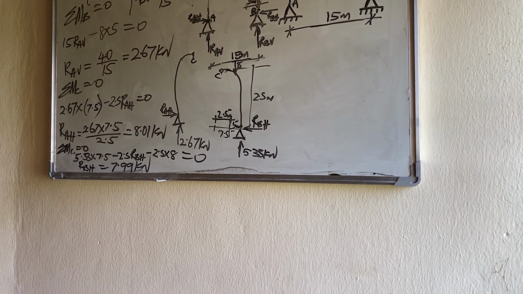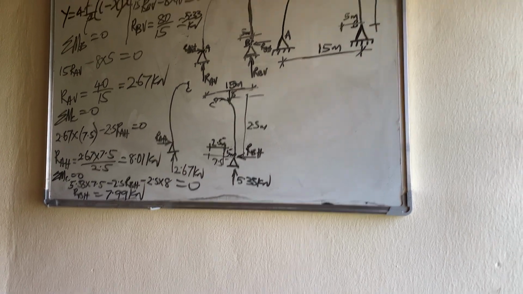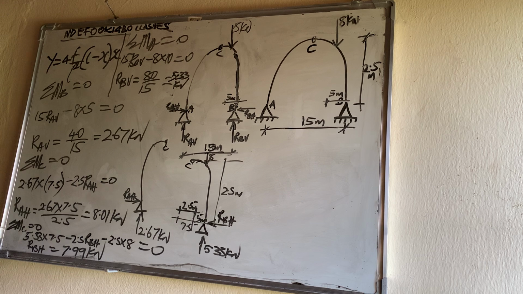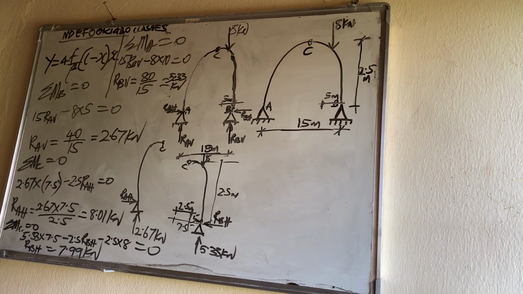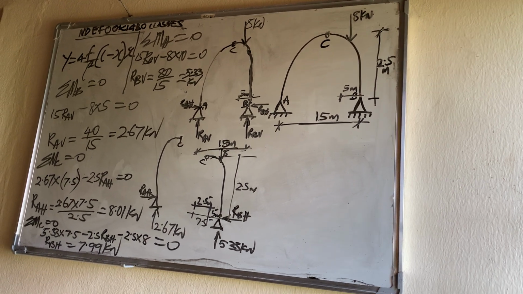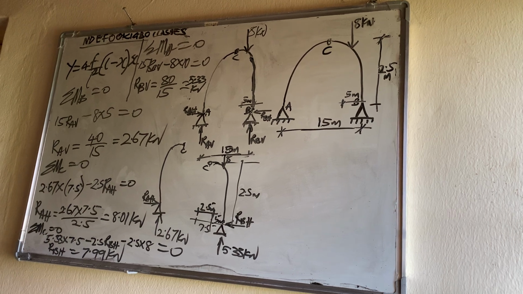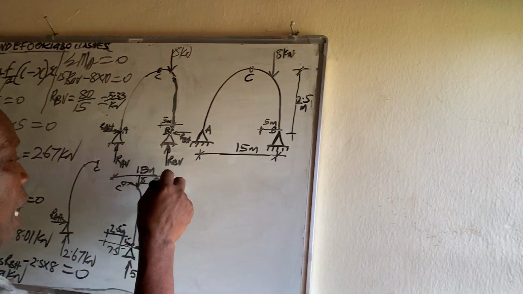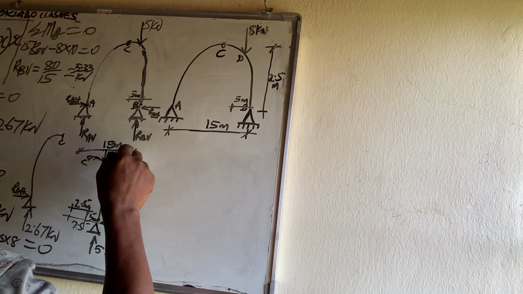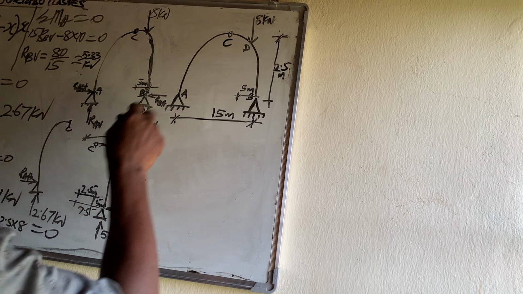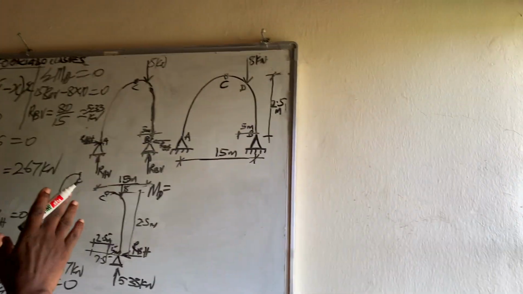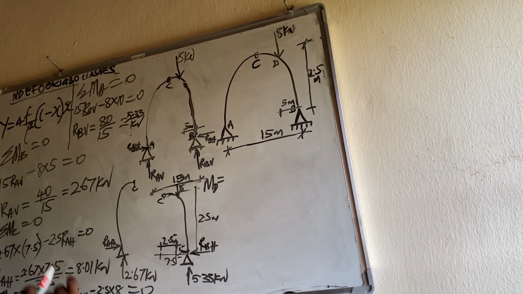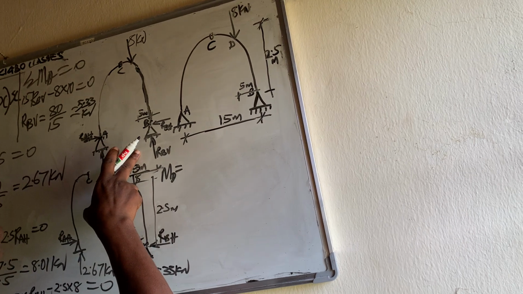If we start from support A and take a distance of, let's say, 10 meters horizontally, so that we can meet up where the load is, if we take moment at that point of the load, let's say I give this point D, M at D is equal to, I start from this side, from A. RA will generate moment at that point, which will be RA times the distance from here to here, that is 10,